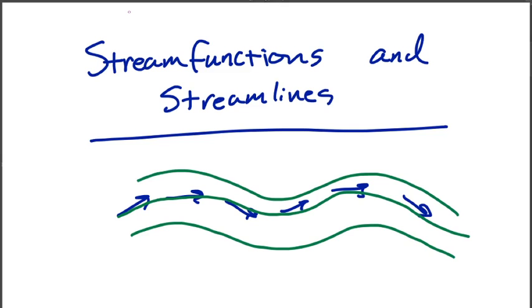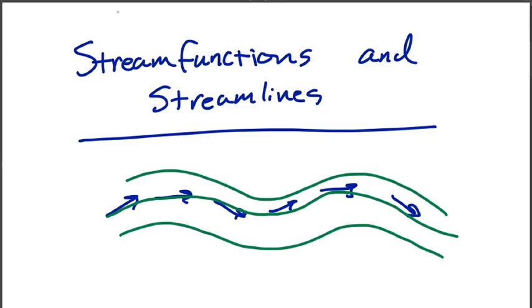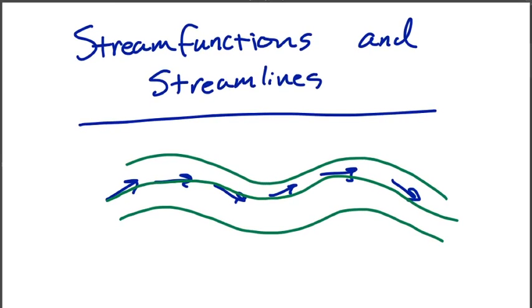For incompressible flow, there's a very interesting connection between the concept of stream functions and streamlines. Streamlines are the tangent lines of a flow, the lines to which the flow is everywhere tangent. Stream functions are related to incompressible flow in particular, and the streamlines are these green lines. The stream functions are the way that we express an incompressible flow, and that's when we say that the velocity